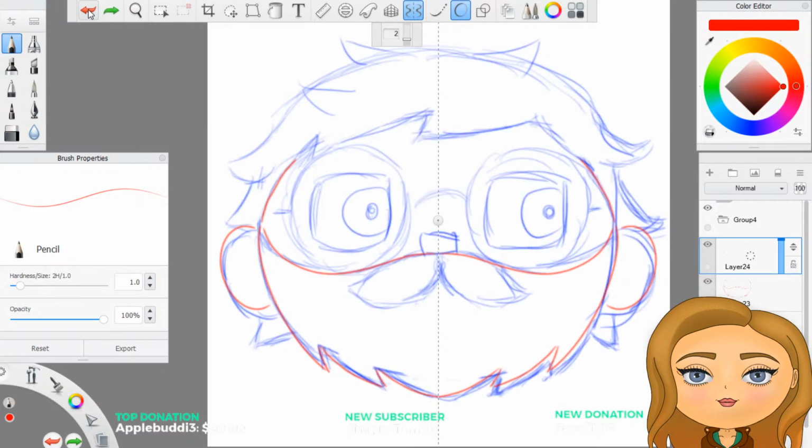Why do the ears look so weird? They look better lower down, but they really shouldn't.